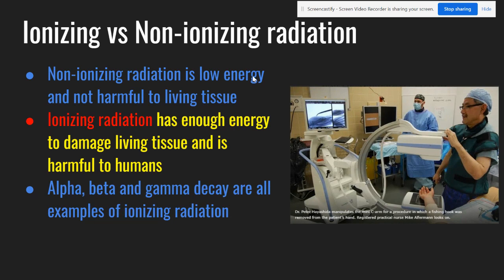So there are two other categories of radiation. There's non-ionizing. That's low energy and not harmful to living tissue. So like there's radiation all around us. Particles are decaying all around us, but a lot of it is non-ionizing and will not damage us. Ionizing radiation, like alpha, beta, and gamma decay, that has enough energy to damage living tissue. So you can see here,